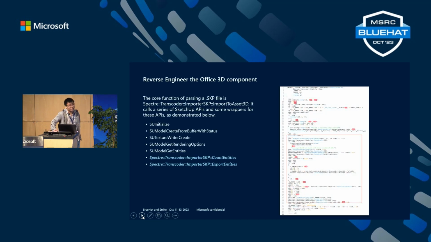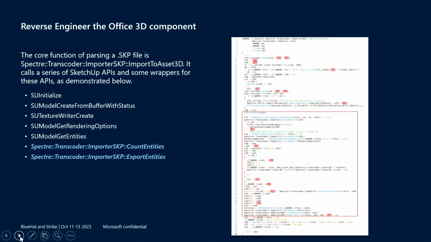On the right side is the pseudocode for the function import to asset 3D. I removed some trivial code in this screenshot, and this function could call a series of SketchUp APIs and some wrappers. So as demonstrated below,